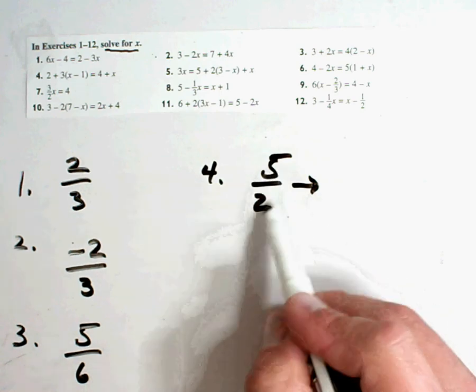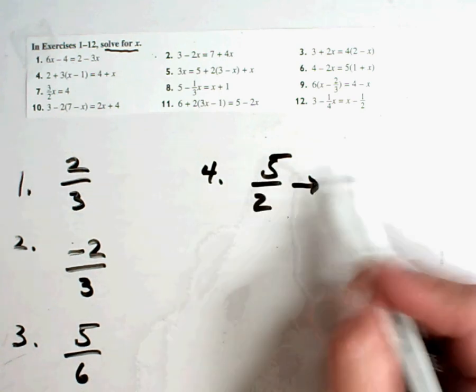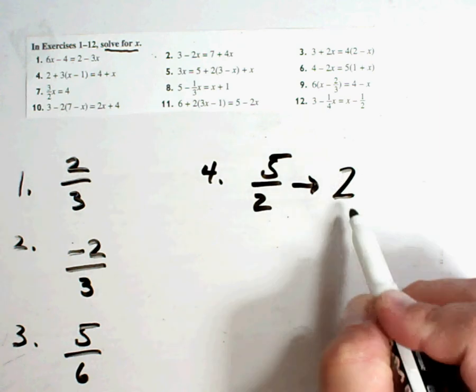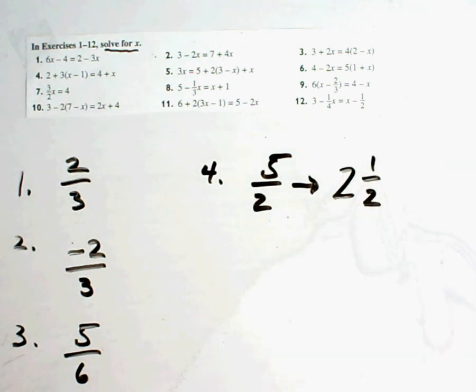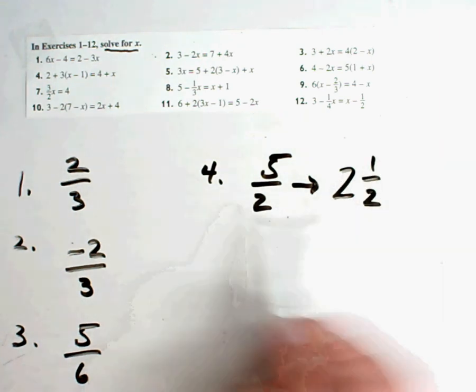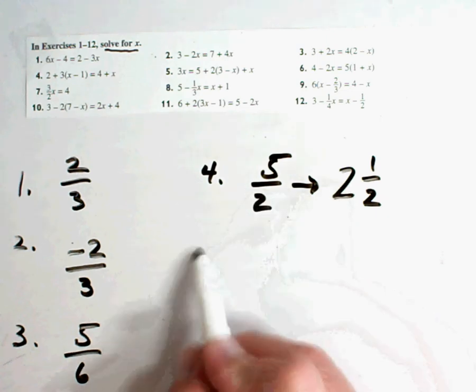Big number on the top, small number on the bottom. 2 goes into 5 2 times, and I have 1 left over. Sometimes it'll be written like that. It's the same thing. 5/2 or 2.5. Either one would be right. Number 5,